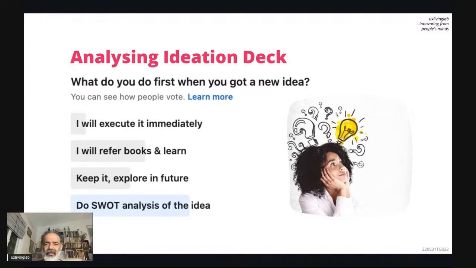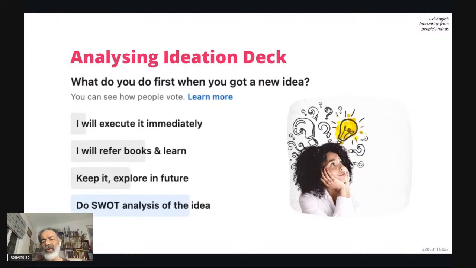Otherwise, it's not an idea. If it's not new to your mind, it's not an idea. So you classified it as an idea. You already classified it as an idea because it is new to your mind. It's new to you, new to your thinking process. Maybe this idea is not new to another person. You classified it as an idea because it's new to your mind. That's a new thing that comes to your mind today. Everyone has to accept that's a fact. Otherwise, you won't categorize that thinking as an idea.